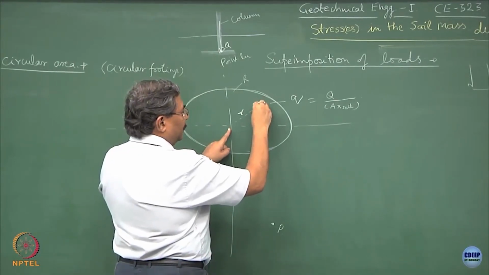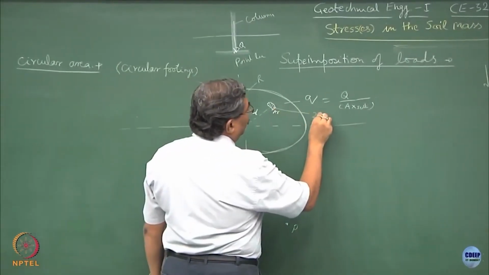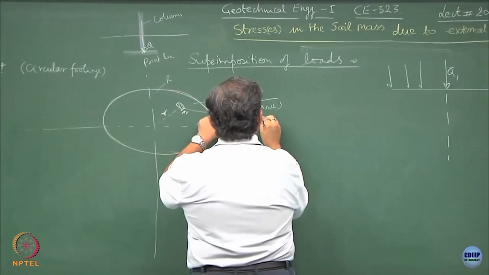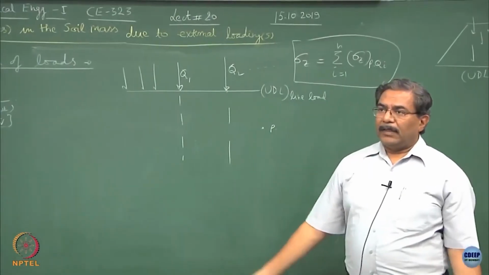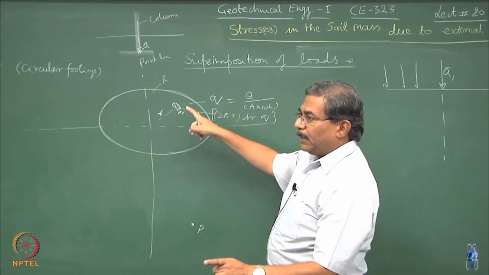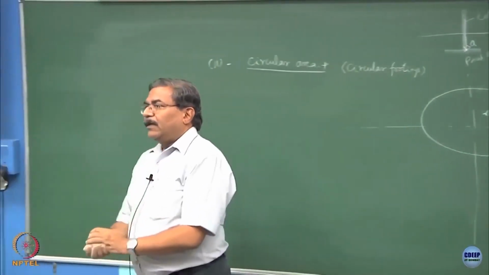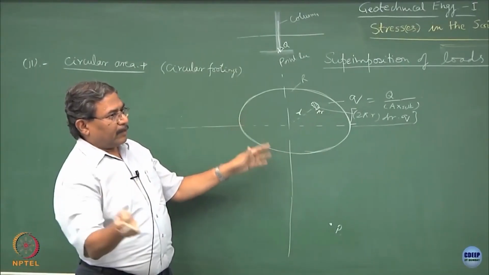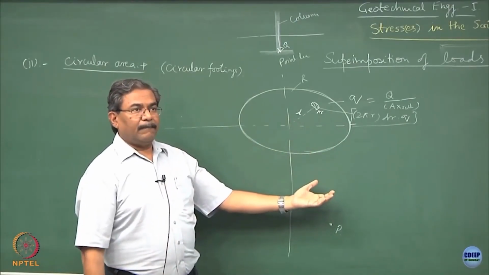Area of cross section of this can be known, that will be 2 pi r into dr, and if I know the loading intensity q, it gets multiplied by small q. This is the load, nothing so great. What I have done is the entire circular area, which is uniformly distributed loading, I have converted again to a point load, and I am assuming here that the circular loading is also an assembly of several point loads acting on the soil mass. Fine,